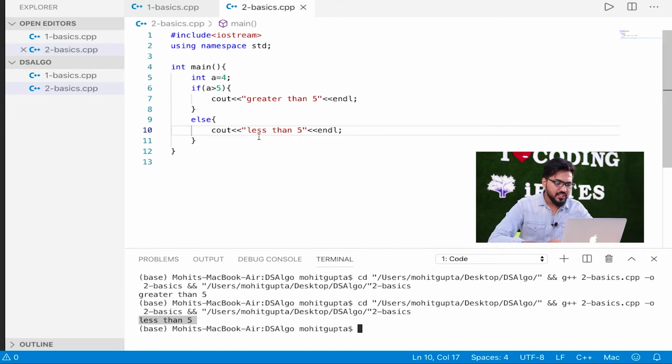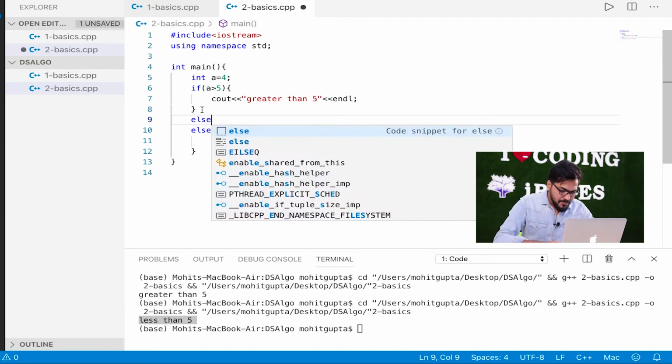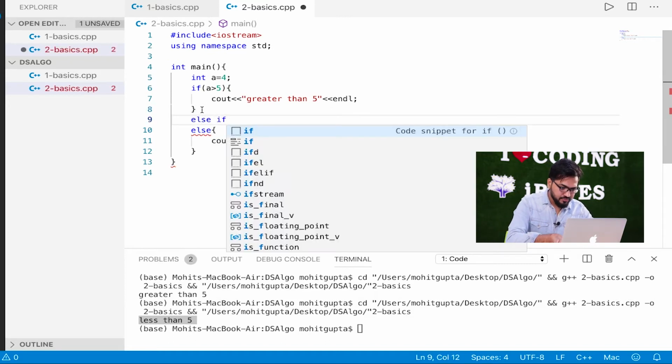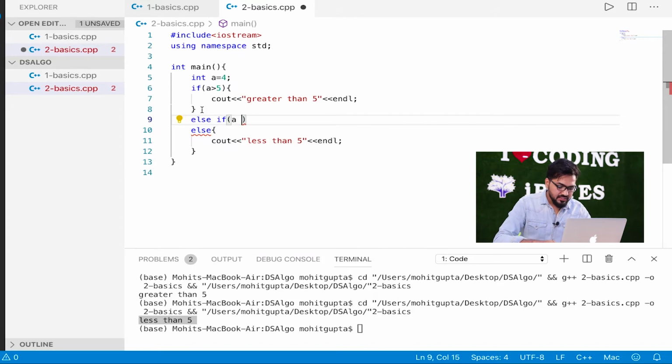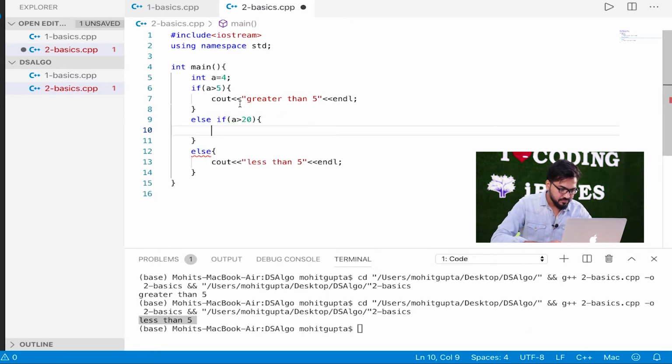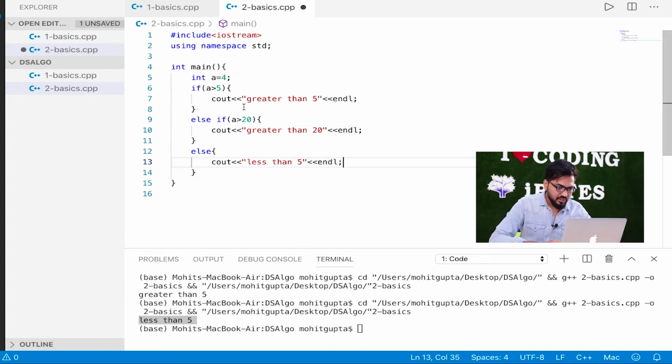And I also told you that there is something known as else if. What is else if used for? If I want to add some more conditions, let's say I also want to add over here else if a is greater than 20, then it should print greater than 20. If I give the value 24,